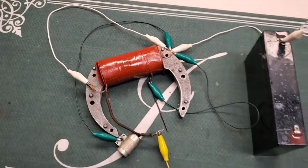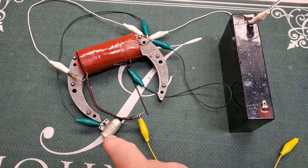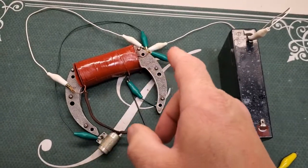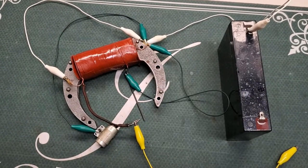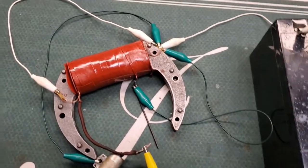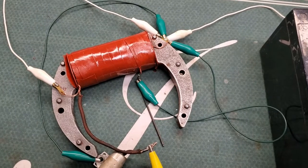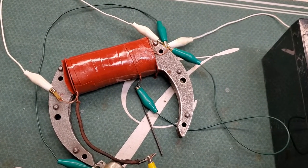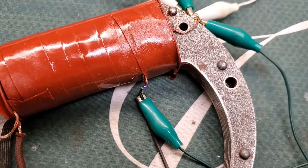right here. As you can see, I got my handy dandy setup. There's the condenser there, a 6-volt battery. All these wires and everything are basically just for hooking everything up for grounding. This is how I test them before I even put them on the motors. And as you can see, I'll try to do it so the phone will pick it up, because it's hard for some reason when you're recording. It's trying to catch it at the right time. As you can see,